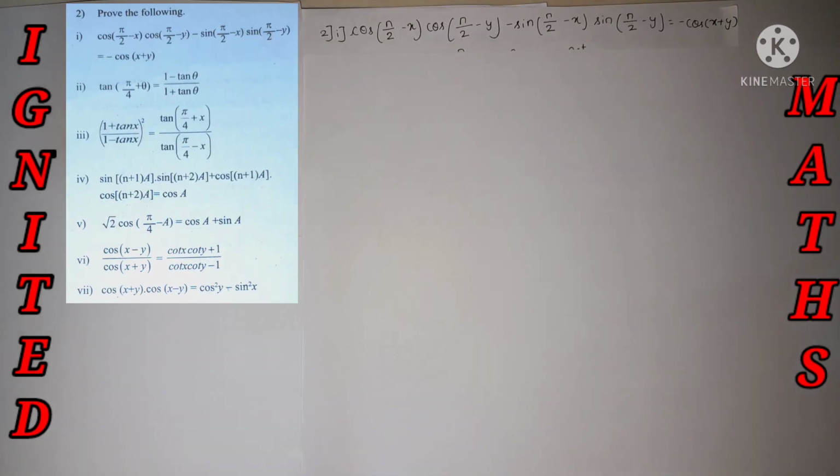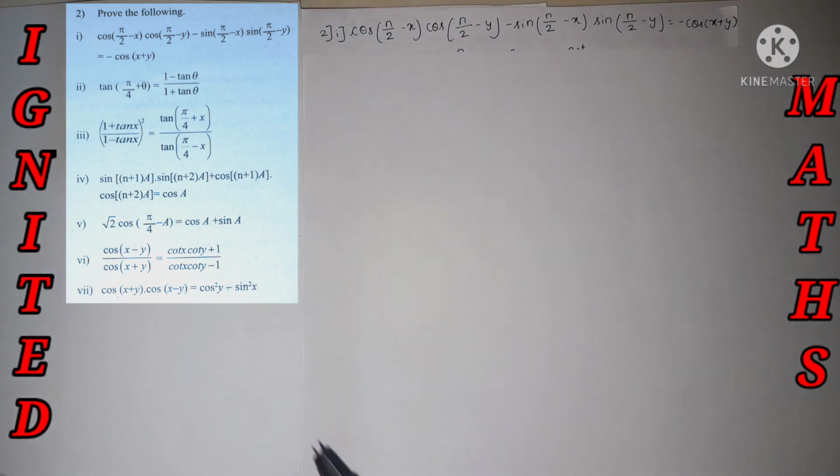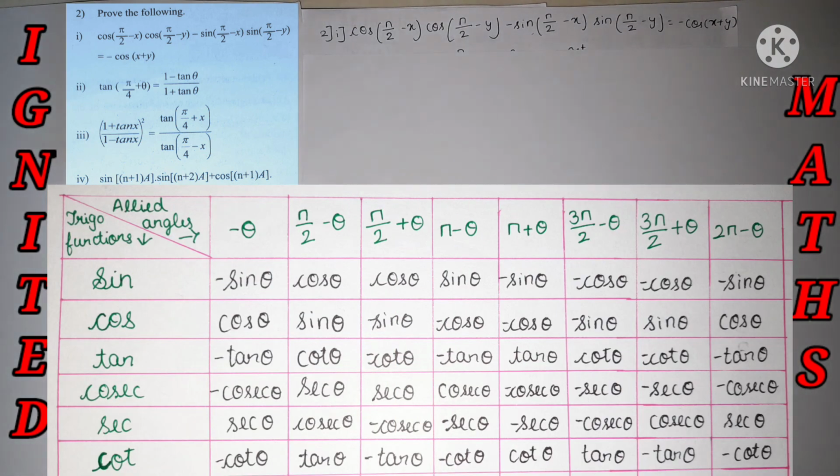The second main question, here the LHS part and RHS part are given and we need to prove it. From the LHS to RHS, or RHS to LHS, absolutely all right. So there are two ways of doing it. One way, I'll say it over here, cos pi by 2 minus x. We can use the trigonometric functions of the allied angles formula, we can prove it. Cos pi by 2 minus theta, sin pi by 2 minus theta, what are the formulas? By the trigonometric functions of the allied angles we can prove it.